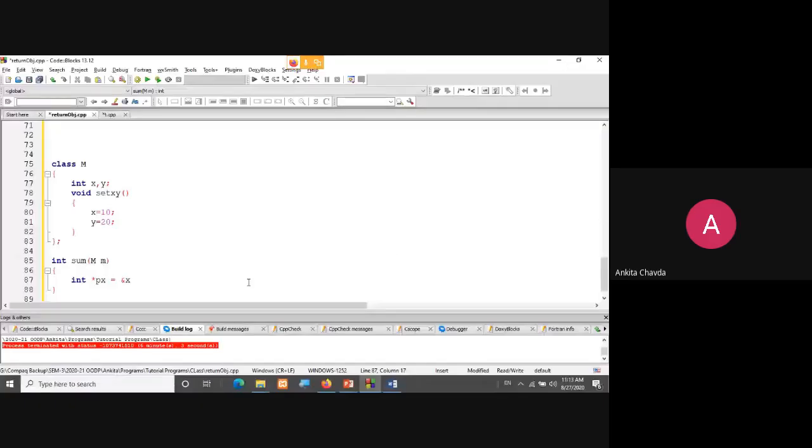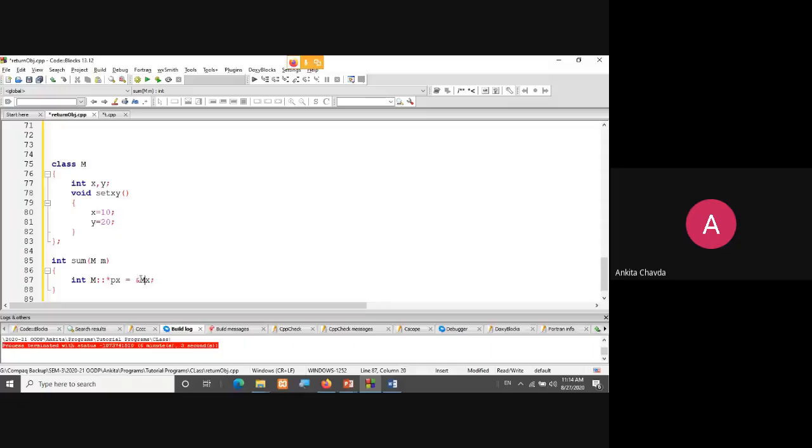If you don't remember exactly what you need to write, write this down first, the normal way: integer pointer px is equal to &m.x. And now you add whatever is required, because this x and y are not normal variables. They are members of your class M. So you have to write M and the scope resolution operator over here.